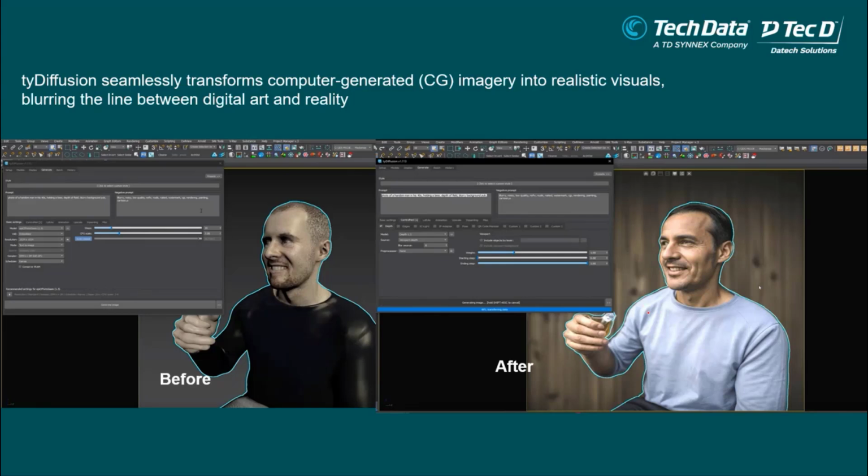Why? Because when you see right now, everything is good, it is perfect. Let's say the lighting is good, everything, after using the Tie Diffusion from TyFlow, anything they generate. Again, this is only in 3ds Max.